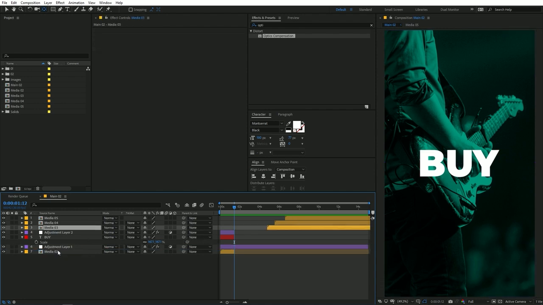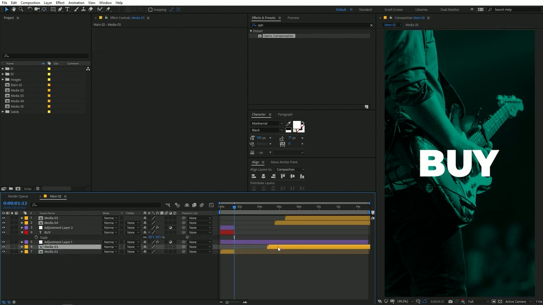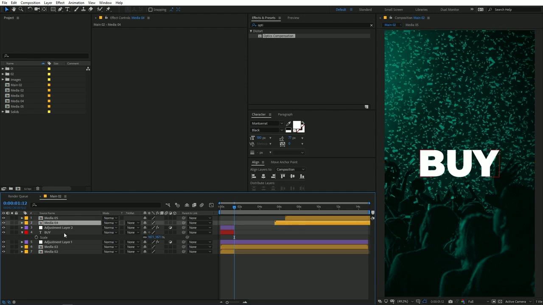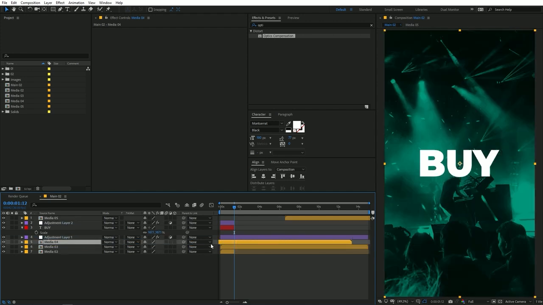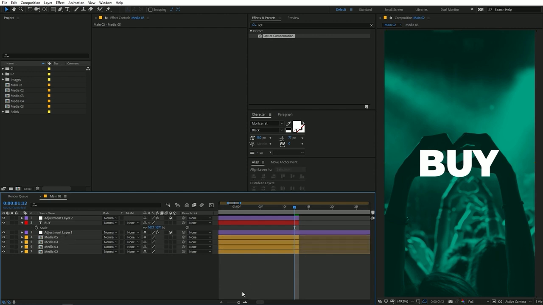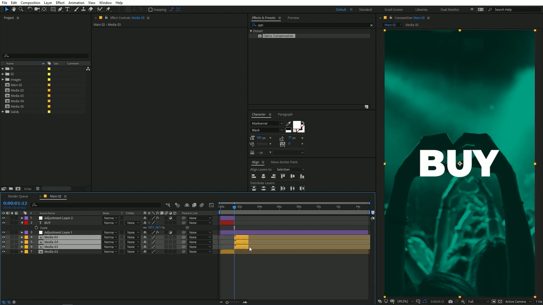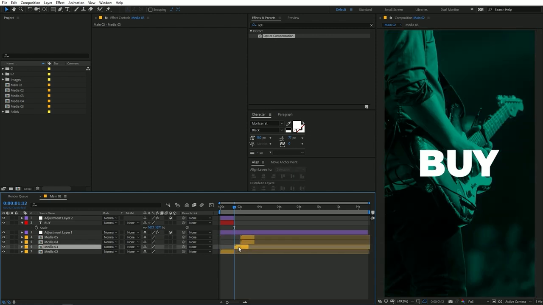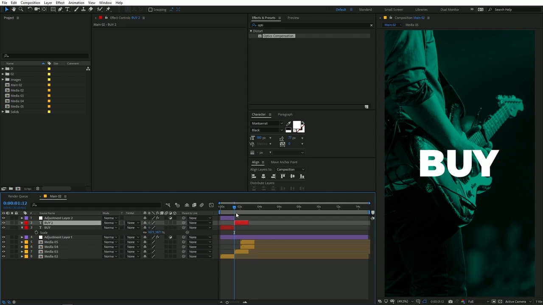So let me just quickly grab this one. So just simply select all the layers and move them to the beginning like this. Now I can probably zoom in and select all of them, then Alt right square bracket to trim them all, and after that just simply align them. So like this, and select the text layer, then press Ctrl D to duplicate it and move it further apart